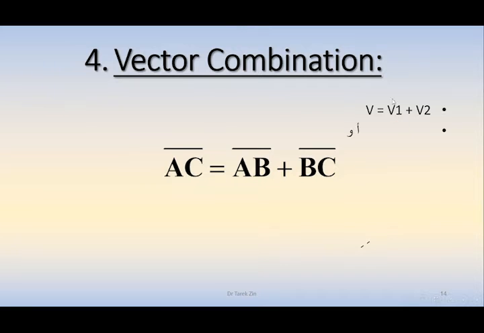We can represent this with that. Symbolized, it means that A is the starting point of the vector AB and B is the end, and the other one starts at B and ends at C, and this one starts from A and ends at C. Now, this gives me, if we see that BC is V2 and the other one, AB, is V1,